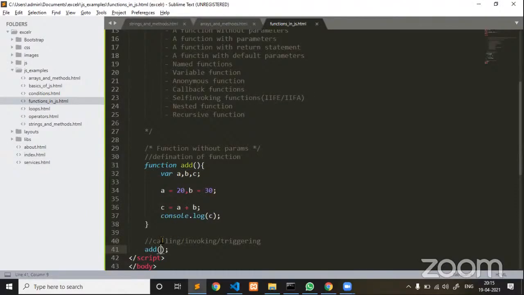Guys, those who are extremely freshers, for them, let me explain how these functions are going to execute. Functions are procedure-oriented concepts.